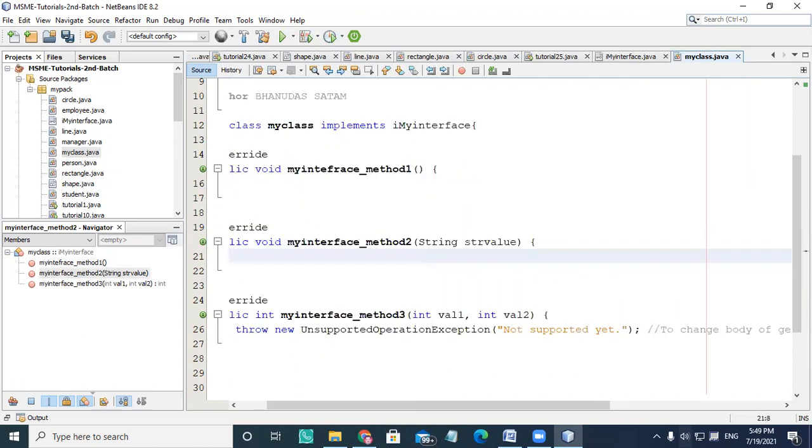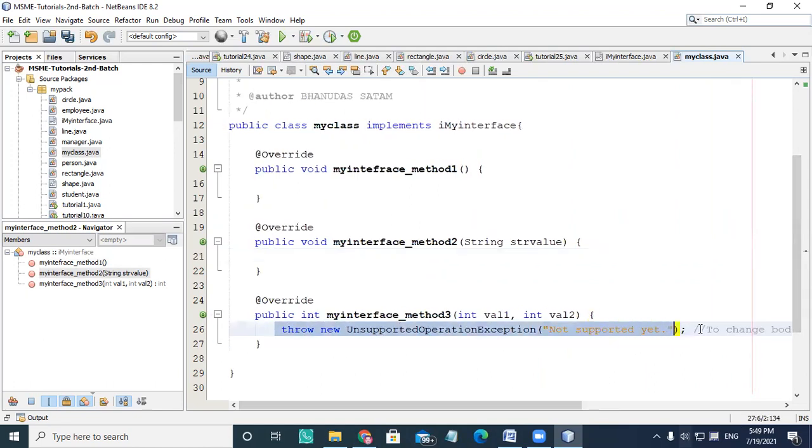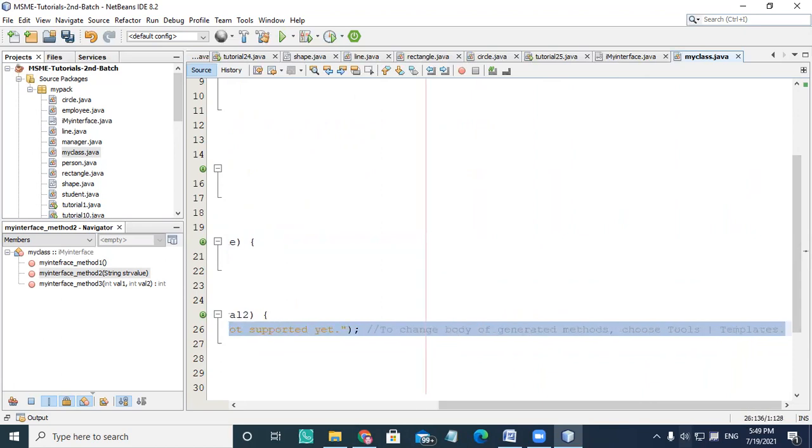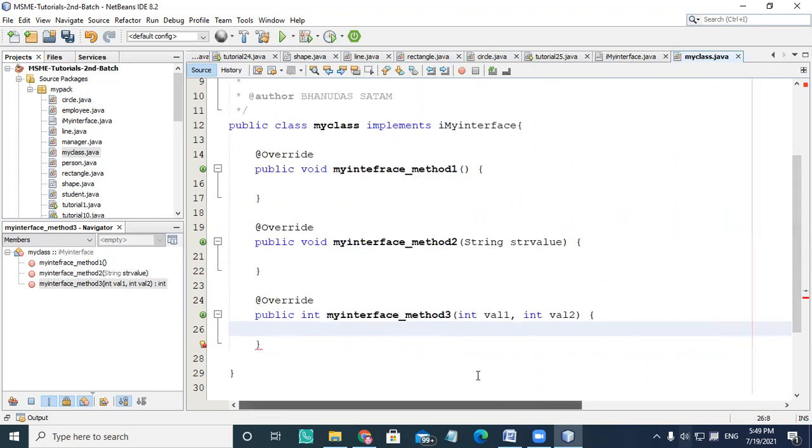So these are empty bodies, and whoever is implementing that interface should write the body in that class. Every time the class body is different here.